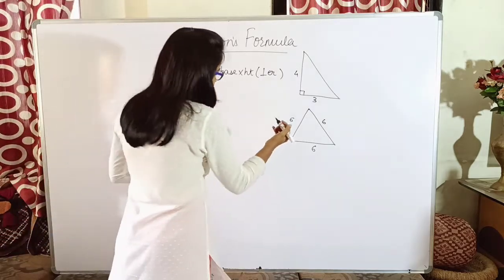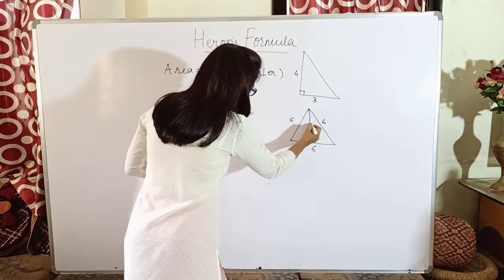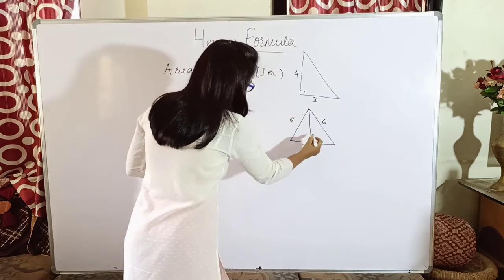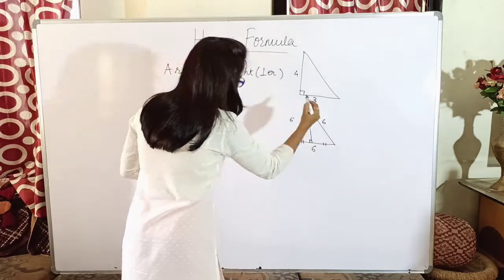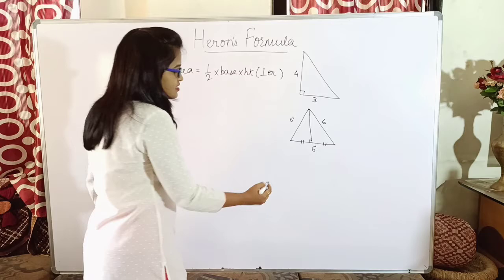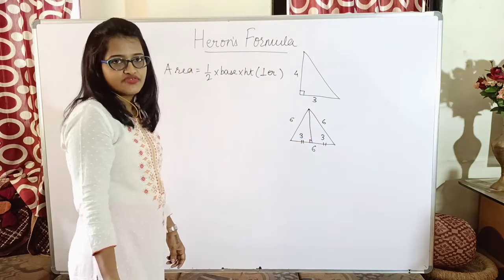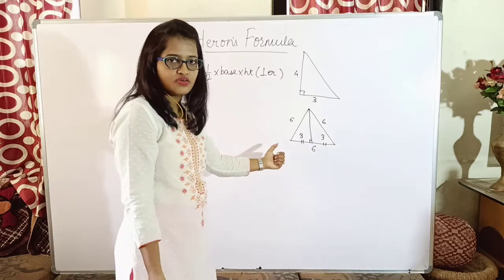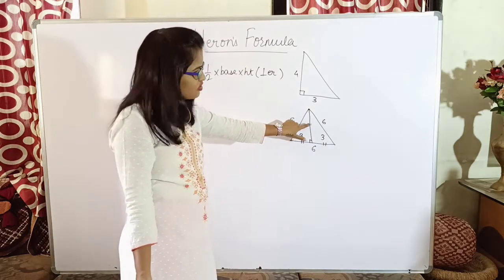Yes, so there is a property with respect to an equilateral triangle that if you draw a perpendicular from the vertex to the opposite side, it bisects the base. It means this length will be 3 and this length will be 3. This is the property for an equilateral triangle. Okay. So now if I just consider this part of the triangle or either this part,